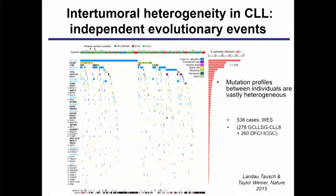And this is just a visual of our latest version of this work, in which we profiled more than 500 cases of CLL. This is tumor and matched samples. Across the left side are all the different significant driver alterations that we identified. And a bird's eye view tells you there's quite a variability across these more than 500 patients. There is not one single uniform profile for all the patients,